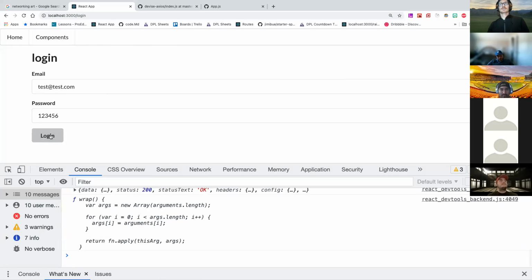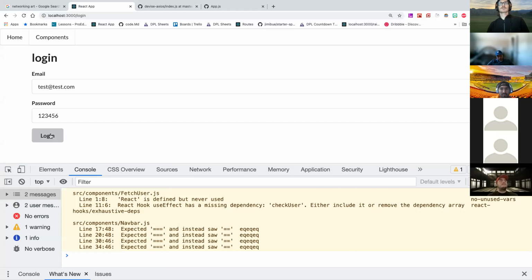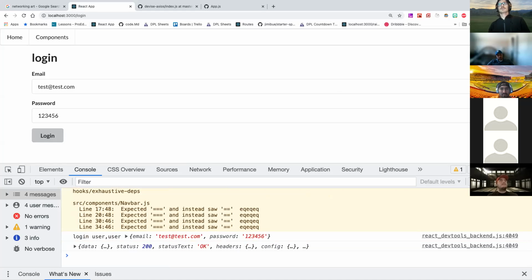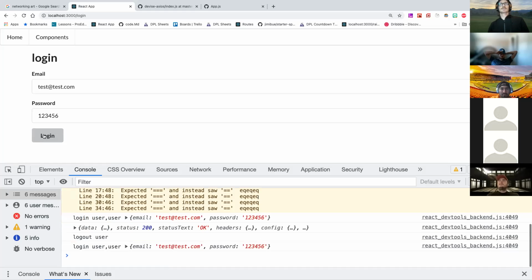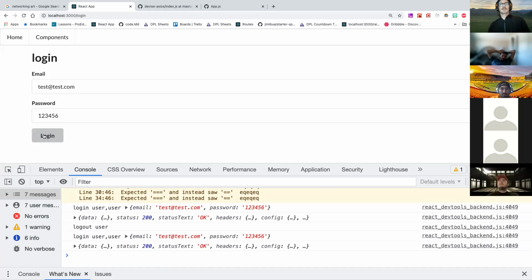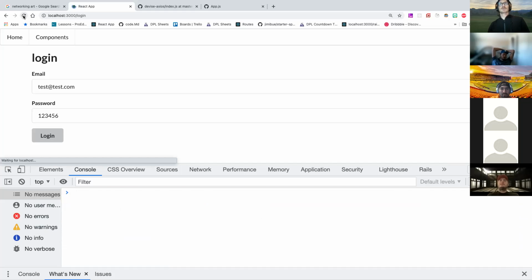Let's log in. Let's go ahead and refresh. I'm still logging that Axios thing. Okay. I click log out, so now I'm logged out. I can click log in. I'm logged in, but now if I refresh my page,